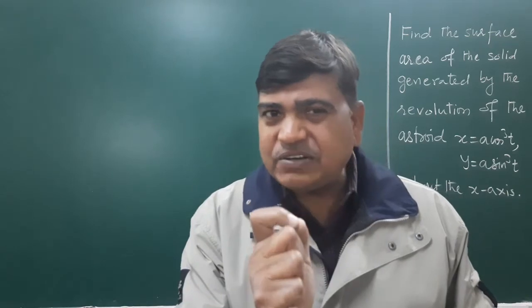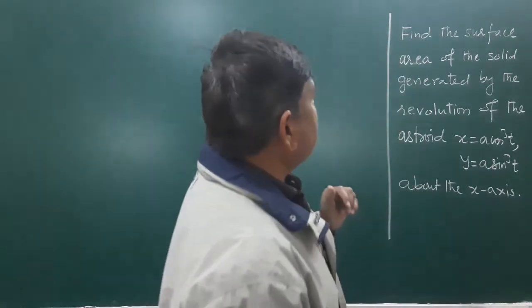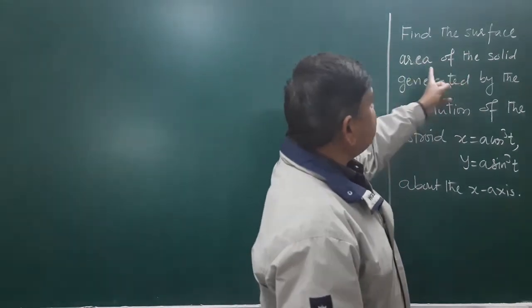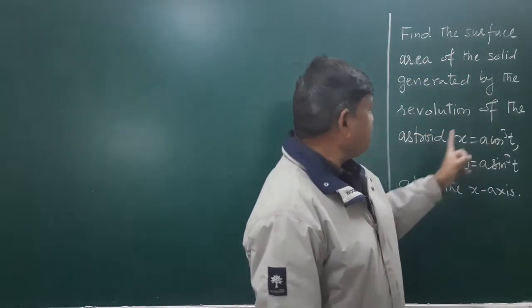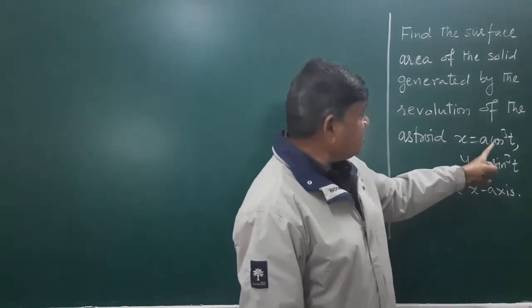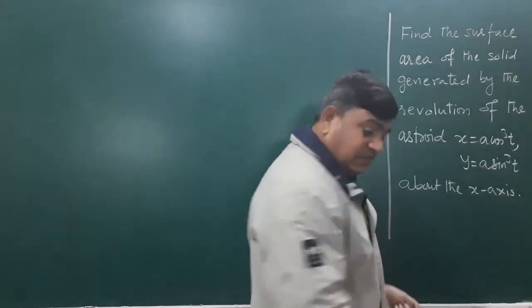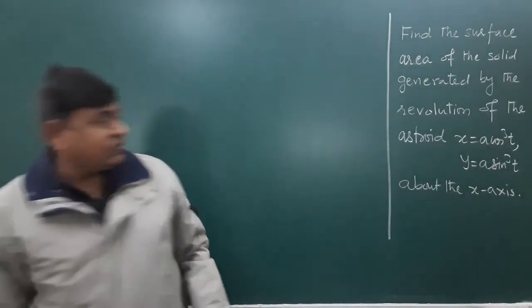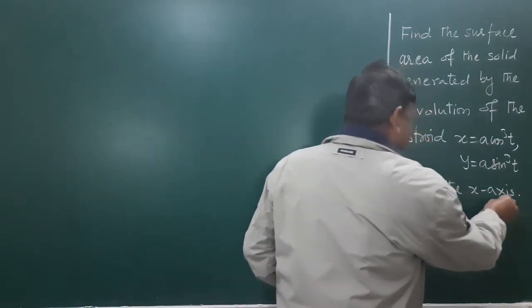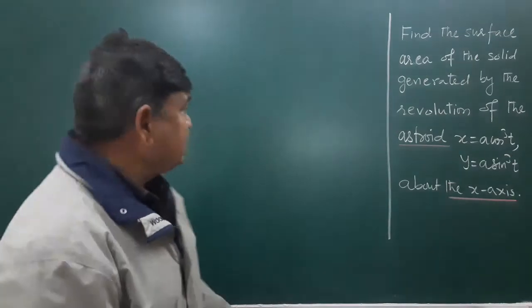That is the small part of the arc length. OK, so look at the following question. Find the surface area of the solid generated by the revolution of the asteroid x equals a cos cube t, y equals a sin cube t about the x-axis. It is given that it is rotated about the x-axis, and the name of the curve is also given, that is, asteroid. So